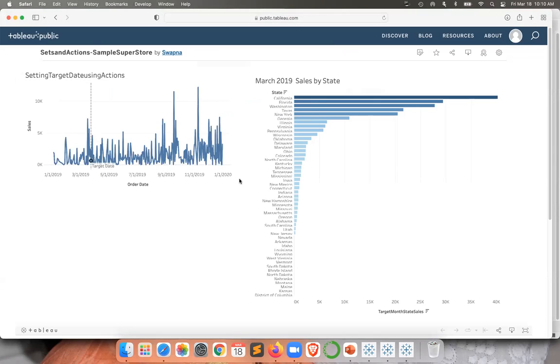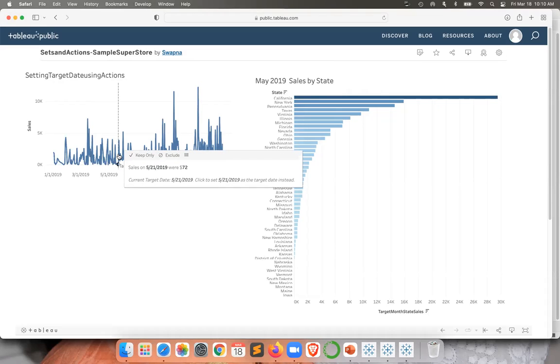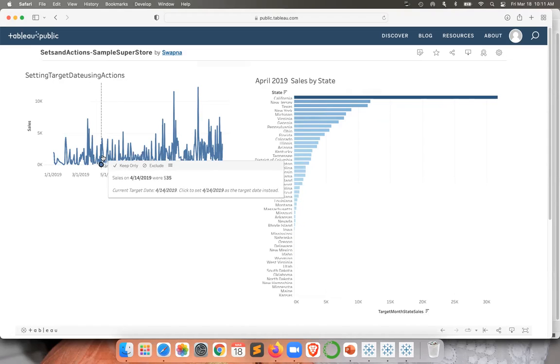So here I have my dashboard. Here I'm selecting target date. I don't have the worksheets in picture here. This is the dashboard that I'm displaying outside on public Tableau. So I selected target date. The fine tuning that I have to do is I have to display the month here instead of dates. If I do that, it'll look more appropriate. So I selected a particular target date. I'm supposed to be selecting a target month, but date as of now. I selected April 14, 2019. So which means the month in picture is April 2019. So the April 2019 sales is what I'm displaying here. So I edited the top format, the heading